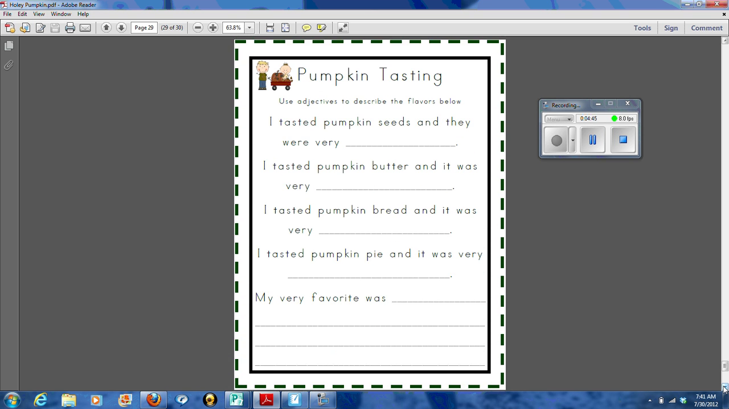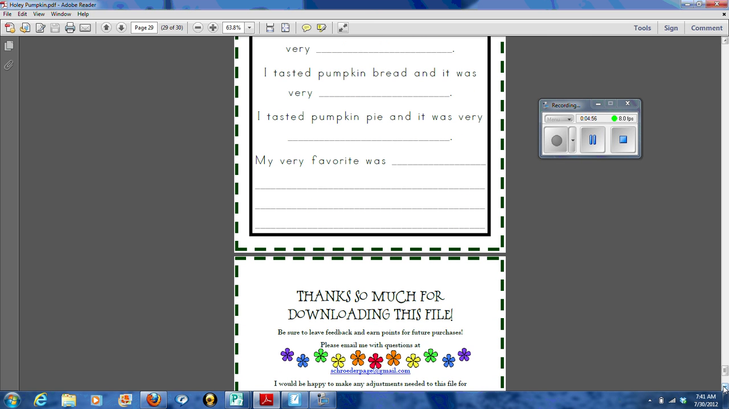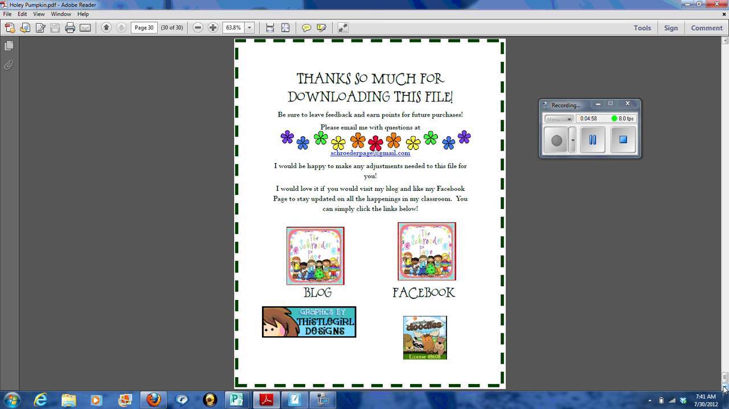And then at the very end of the day, we do a pumpkin tasting where we try lots of different pumpkin things: pumpkin seeds, pumpkin butter, pumpkin bread, pumpkin pie. They do just a little write-up, and then at the very end, we turn out all the lights and put the blinds down, and we break